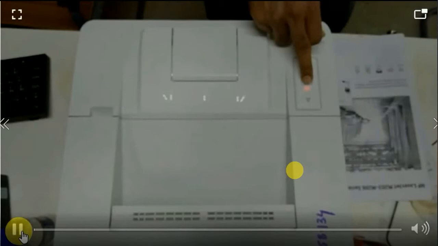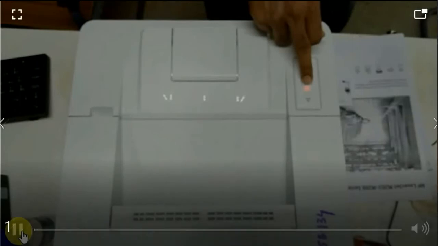In this hardware scenario, we know that we have two types of laser printers. One is HP 202DW, another one is HP 203DN. One after another we will see how we get the configuration page from the printer, which will show which IP is embedded in this particular printer at present. To get the present IP of the printer, we need to take a printout of the configuration page.